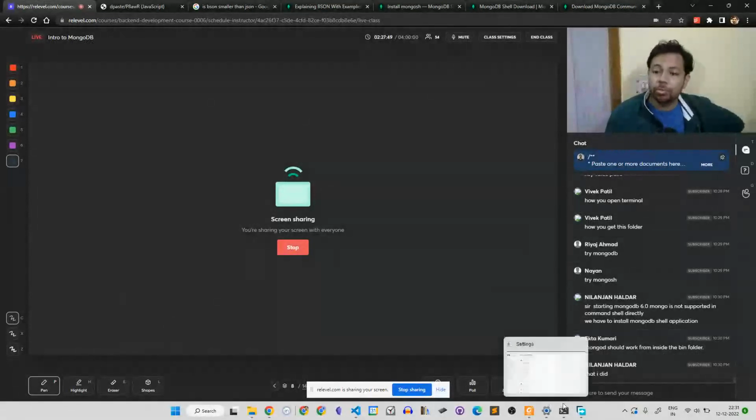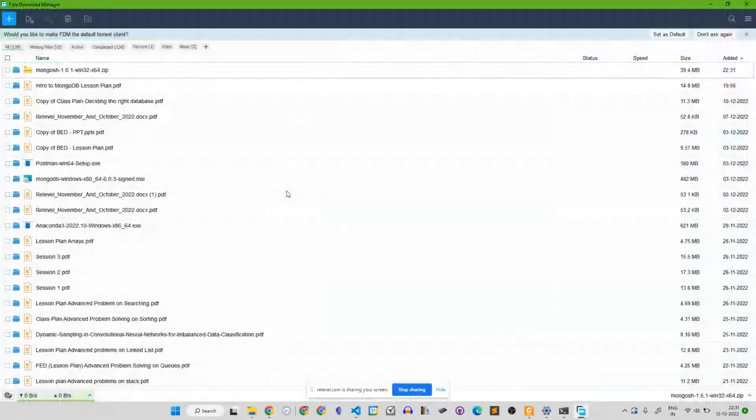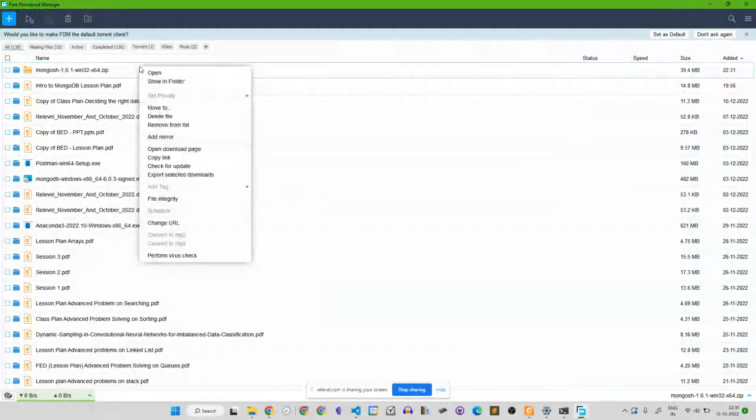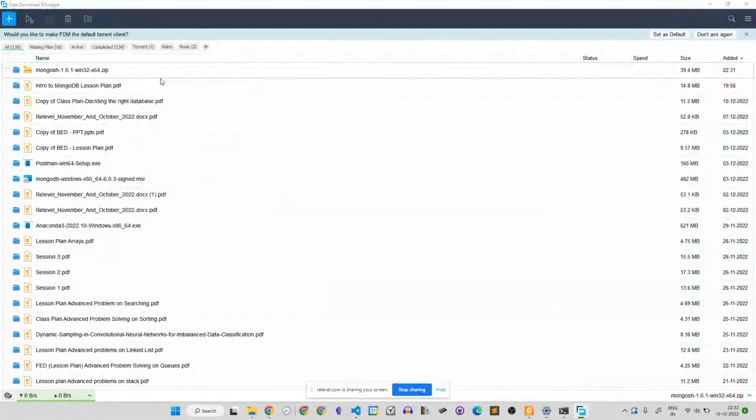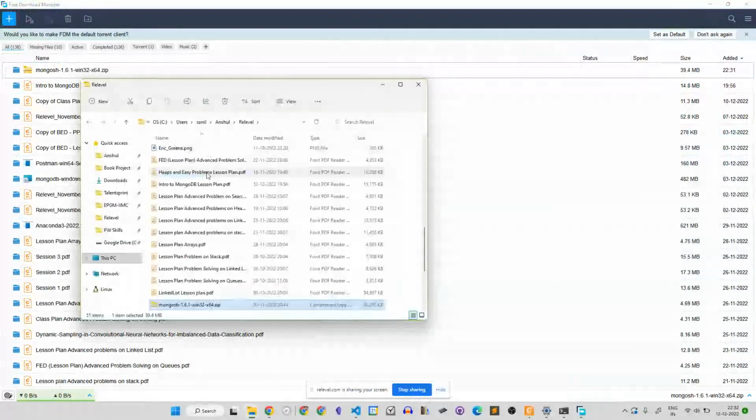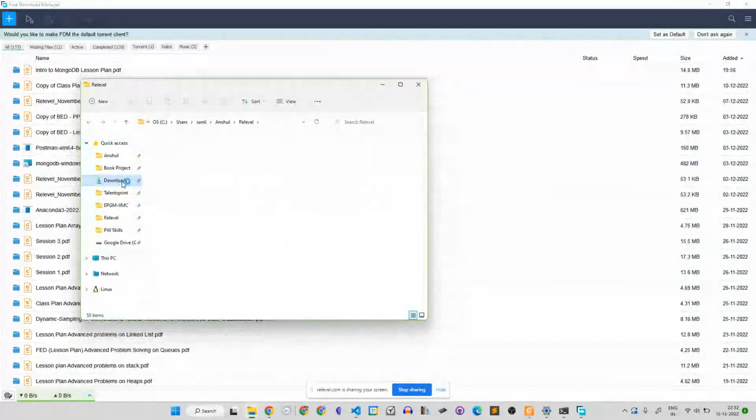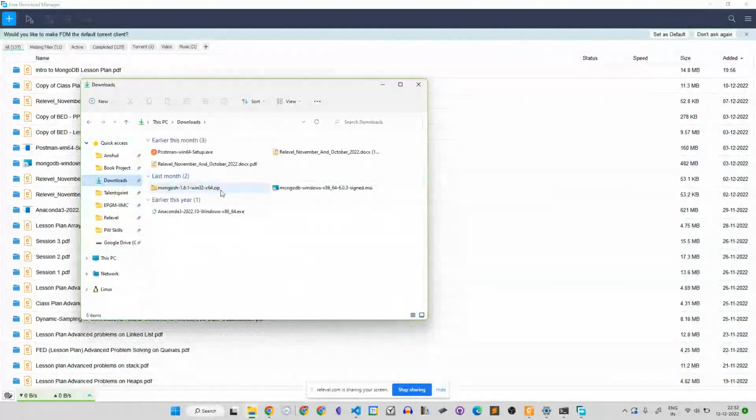Yes. Okay, this is getting installed. I will ask it to show in folder. It should be in downloads. In downloads, I go to mongosh and extract all.